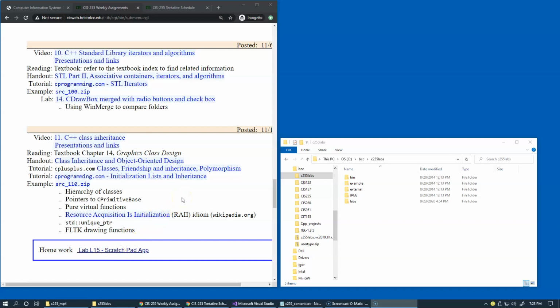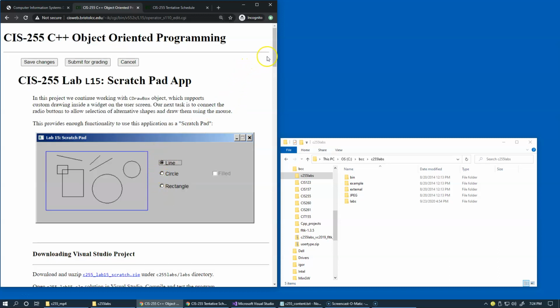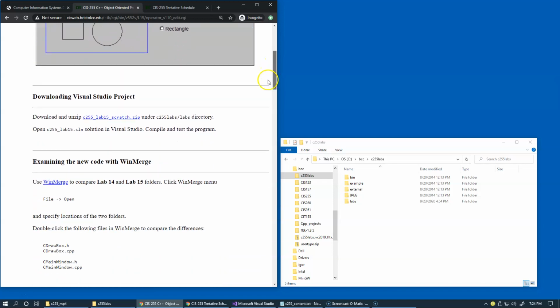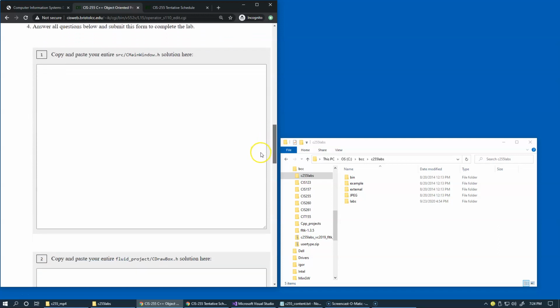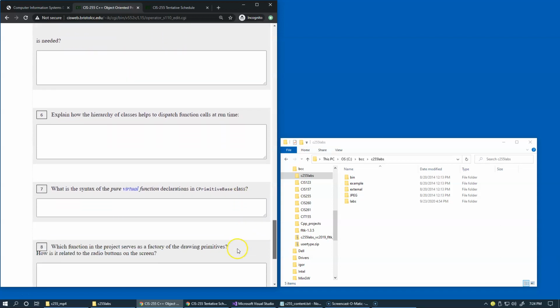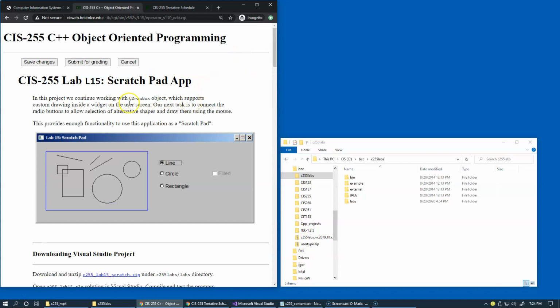Our laboratory exercise this week is going to be Lab 15, where we are going to continue working on the Scratchpad application development. Also, what I'm going to ask you to do is fill out this form. I will explain what I'm expecting you to do in these sections of this laboratory. But first, let's get started with downloading the prototype of this project and examine the difference